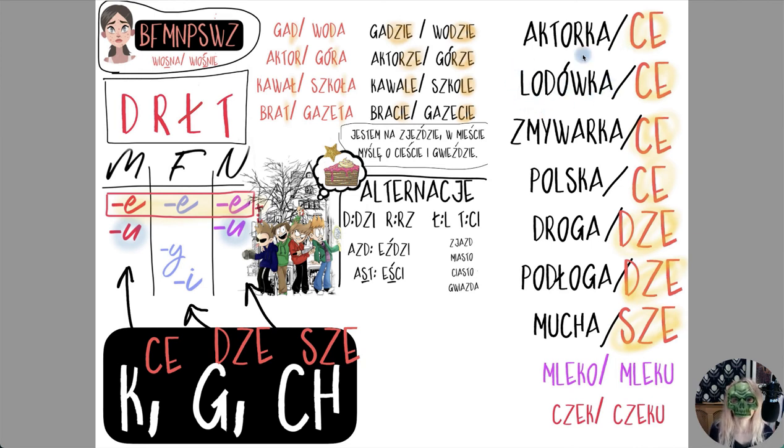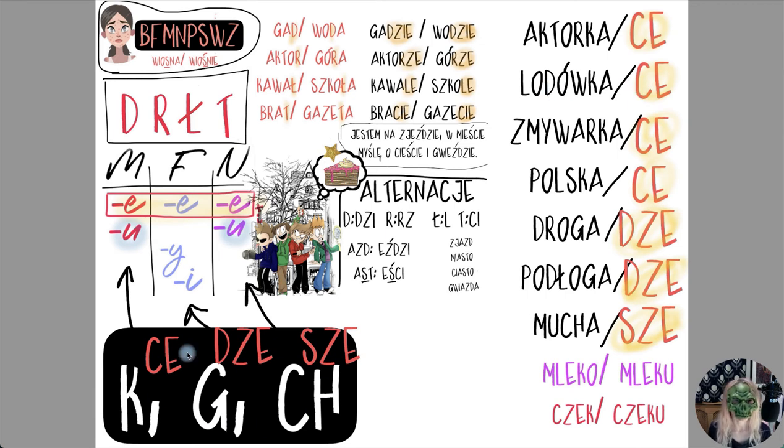Lodówka, fridge. I'm maybe not thinking about a fridge, but something is on a fridge. Let's say a vase is on a fridge. I would say: waza, vase, waza jest na, and then na connects with locative, so I would say na lodówce. Again, the k is replaced with c. Na lodówce, on the fridge.